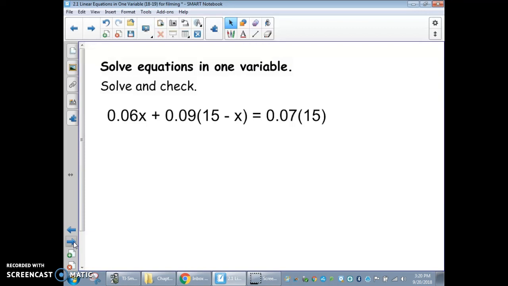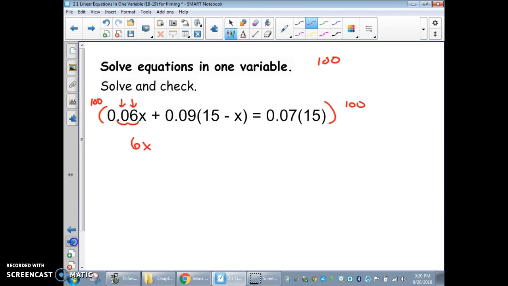Now, what to do if you have decimals? Keep in mind that we work with a numeric system that is base 10. And so if we multiply by 100 in this scenario, because we have our tenths and hundredths, when we multiply by 100, we move the decimal point 2 places to the left. And so in this scenario, 100 times 600ths moves, actually I misspoke, it's moving the decimal point 2 places to the right. And so we would end up with 6x